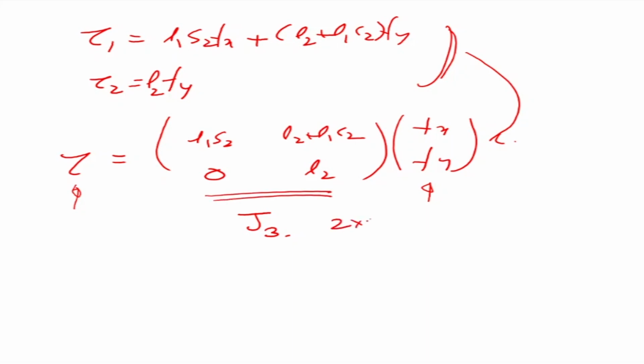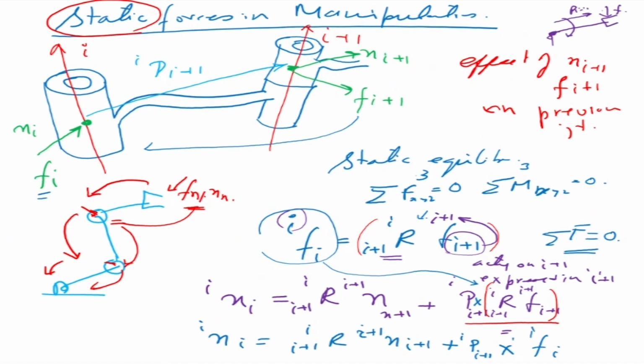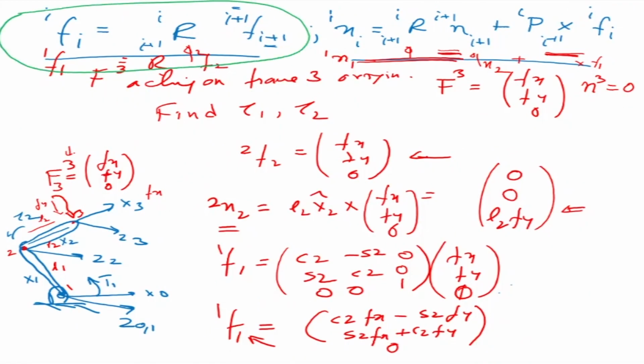Now this is also 2 by 2, a square matrix. Subsequently we'll have to look at non-square matrices. So this was basically to show you that the forces and moments also move. This force will be causing a force here, and this moment will be causing a moment there. From the end effector it is coming backwards, and what governs this motion of the forces and moments is the force equation and the moment equation. So use the force equation and then the moment equation in order to get how the forces and moments are moving.